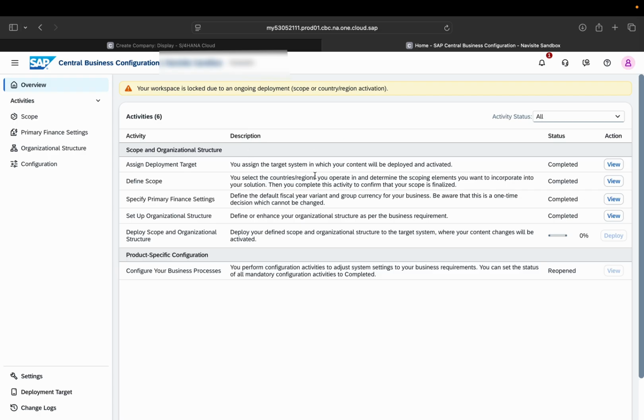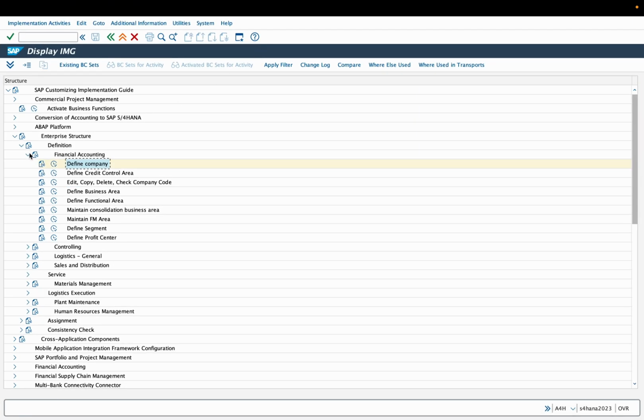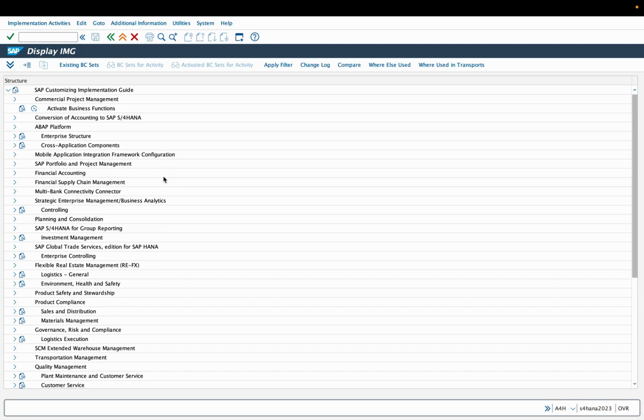Once we are done with the deployment, when it's 100% done, the system will by default automatically generate the transport request. In SAP S/4HANA Private Edition, whenever we do any configuration, we are able to save the changes into the transport request, and the system immediately populates a window asking to save the changes under the transport.